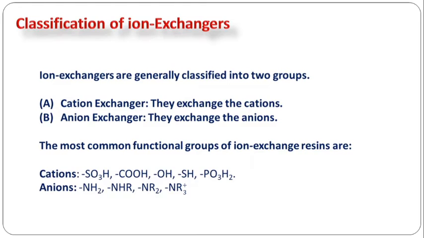or dihydrogen phosphate. So in this way, these functional groups must be present in the cation exchange resins or cation exchangers. While in the case of anion exchangers, it should be basic, right? So for that purpose, they should contain primary amines, secondary amines, tertiary amines, or salt of tertiary amines. Likewise, these functional groups should be present in the ion exchangers.